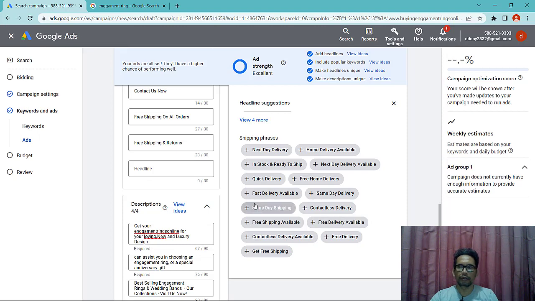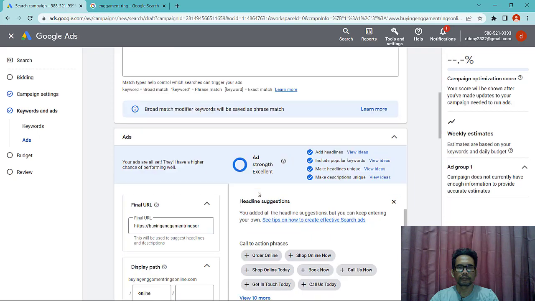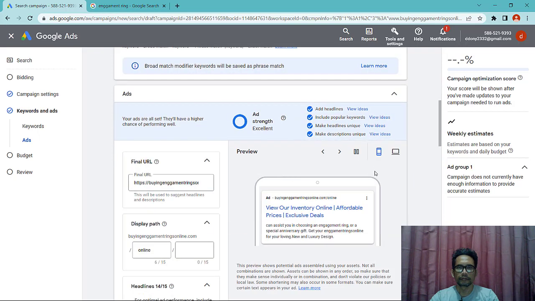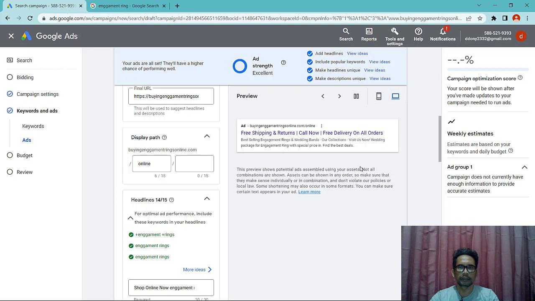You can control where individual titles or descriptions appear in your ad. This you can see for mobile view, and this is for desktop preview.